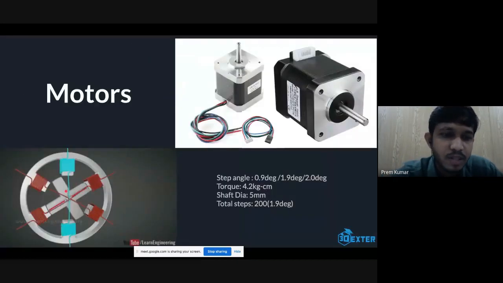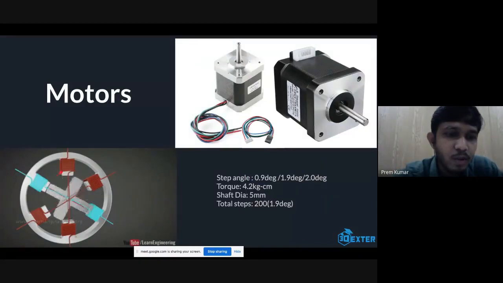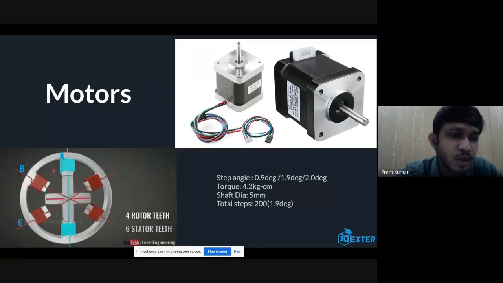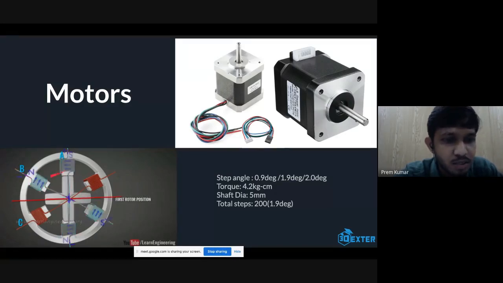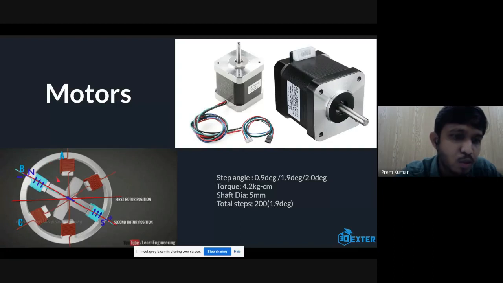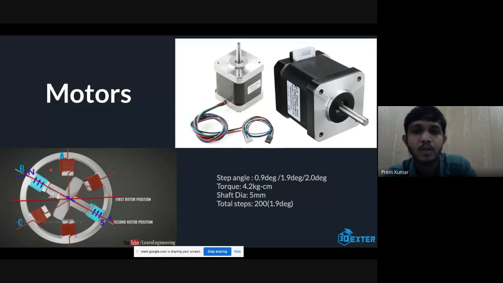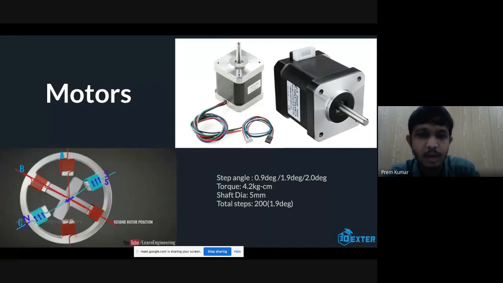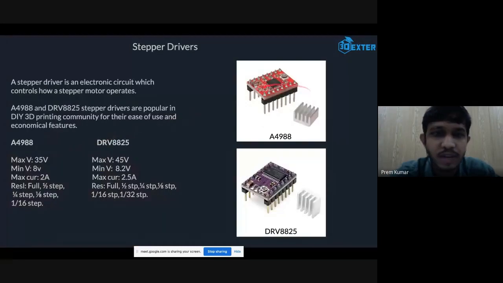In the same previous slide, if you control the way you send current to both these coils, you can stop this arm in the center also, in this area. Which means you're decreasing the step angle, which is 30 degrees here, but we can still control it in between these two poles. That is micro stepping. Micro stepping means reducing the minimum step angle of the motor by electronic means, using these stepper drivers.